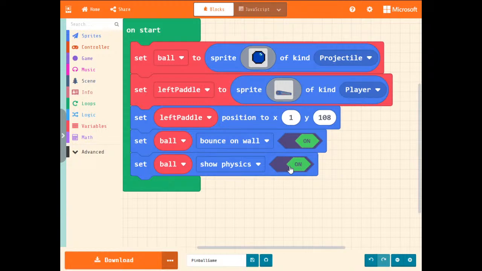Now, when we finish the game, we can turn that off. In fact, when people are developing games, developers will often have lots of debug information, showing them how things are working. It's all visual on the screen for testing, and then they'll turn that off when it comes to actually releasing the game. A good example of debug information is, I don't know whether it still does this in the Bedrock edition, but certainly in the Java edition of Minecraft, you used to be able to press F3, and it gave you all the debug information that the developers use for testing the game. But anyway,